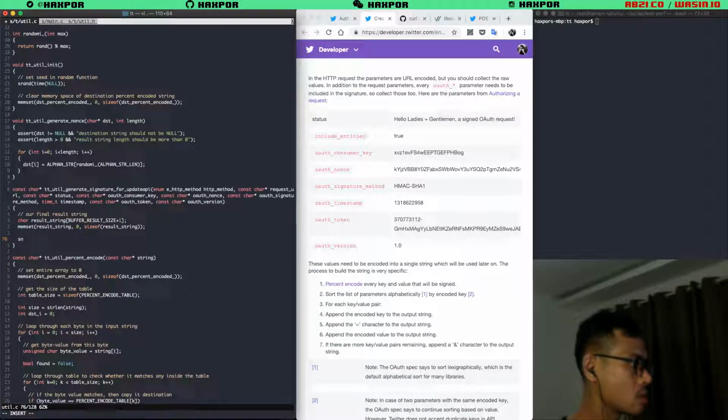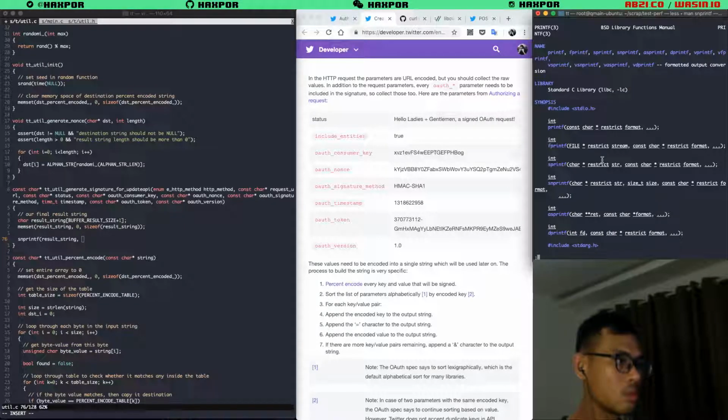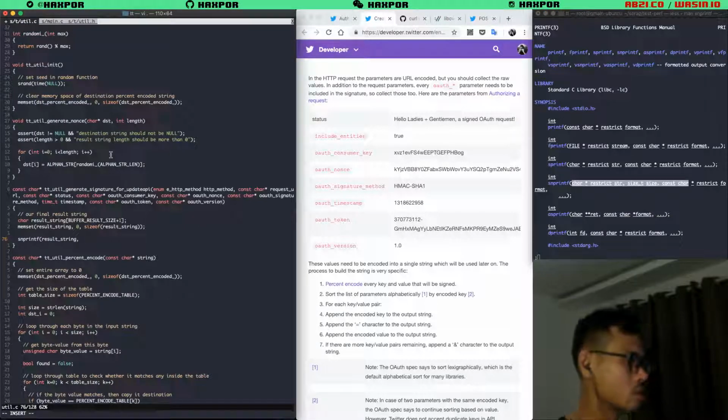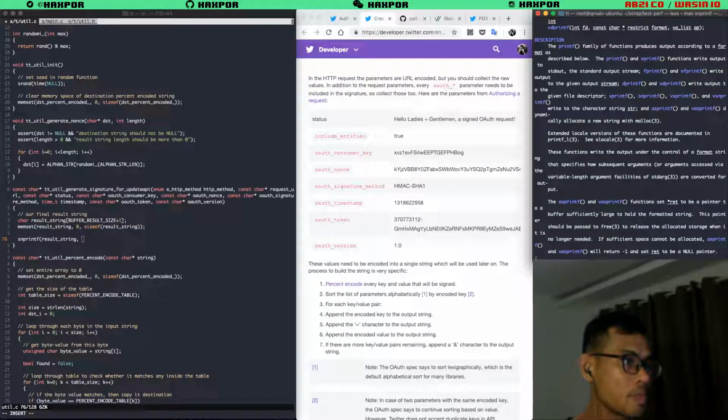Can I use this? Let's see the function of this. I'm checking the size parameter of snprintf.